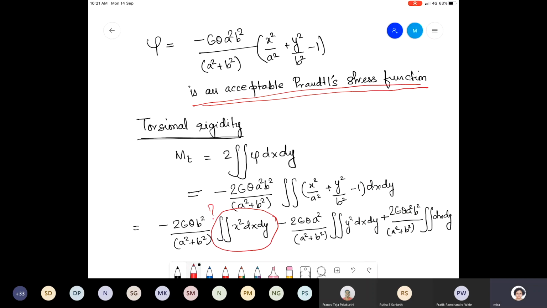What does it represent? Ma'am, is this the area moment? IXX. IYY. Okay, IYY. So this is IYY. This is IXX. And this is